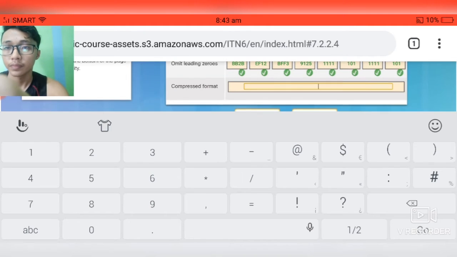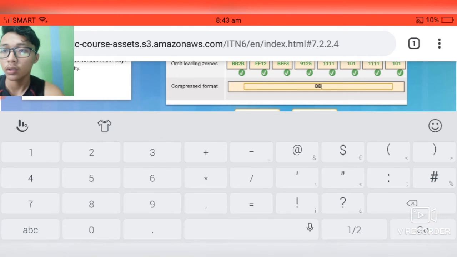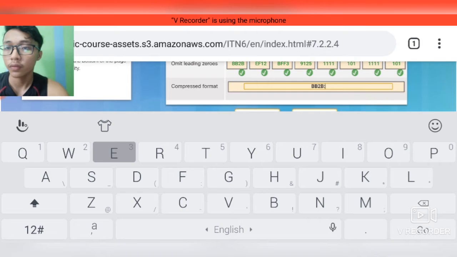Compressed format is the BB, 2B, EF, 12, BFF, 3,